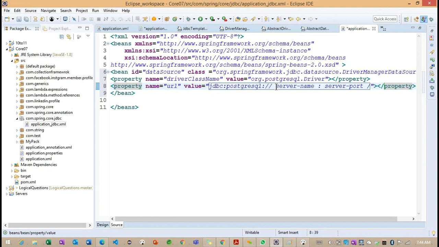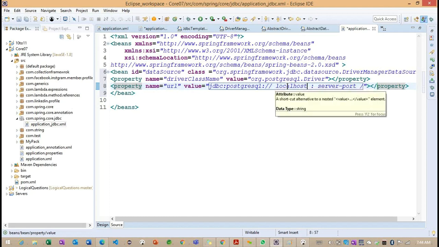Then postgresql, and they are providing the server name, because we are trying to connect to our localhost, since the database is installed in our local system. Getting the point. Now I want to provide localhost. If it is running on a server, we need to provide the IP address.